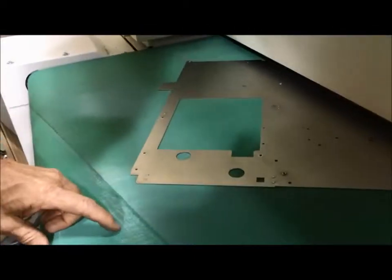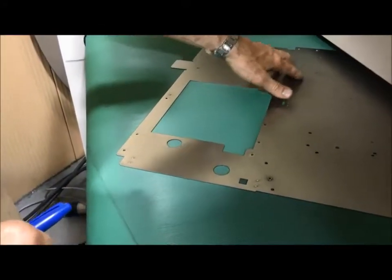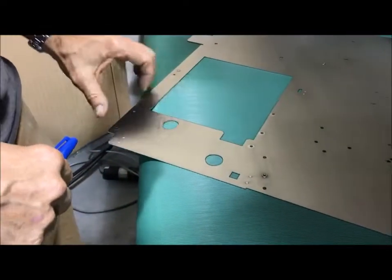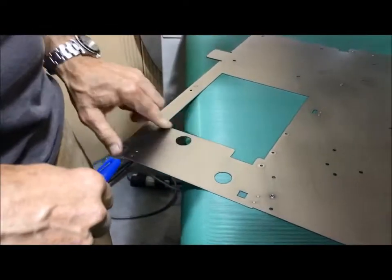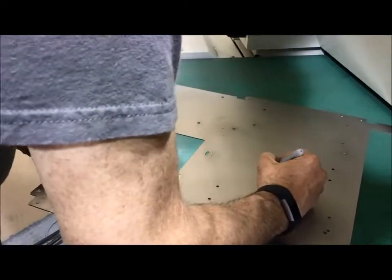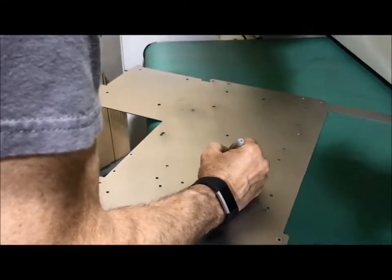And so here you see upforms, they're still there. They're not sharp anymore, but they're not in any way diminished. And you have a very nice smooth edge that should paint great. So that was 4 feet per minute. Pressure was plus,